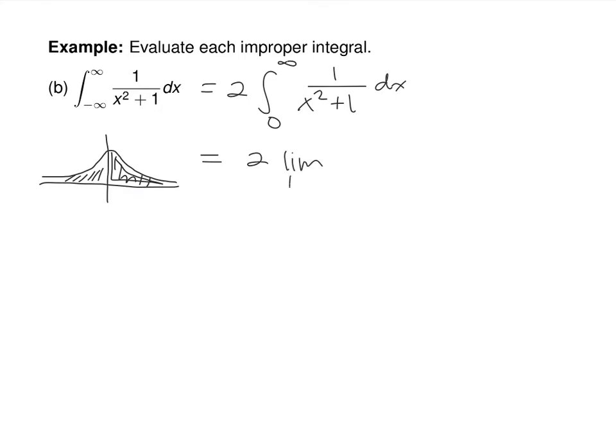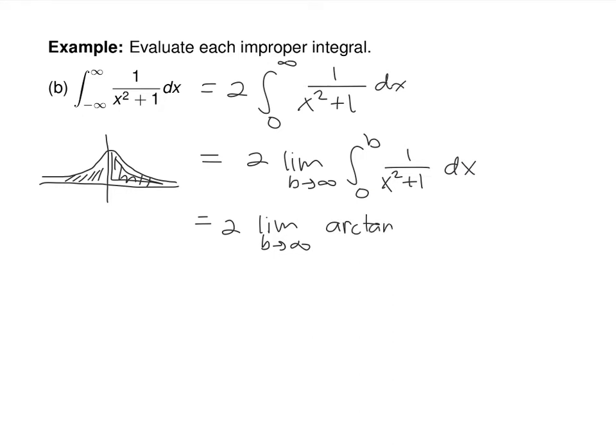And you can use whatever letter you want. It's just that when I learned Calculus 1, they used b's. Your book uses t's, but t's look like plus signs, so I'm going to avoid those. All right, that's twice the limit as b goes to infinity. This will be arctan, or tan inverse of x, evaluated from 0 to b. So 2 times the limit as b goes to infinity of arctan